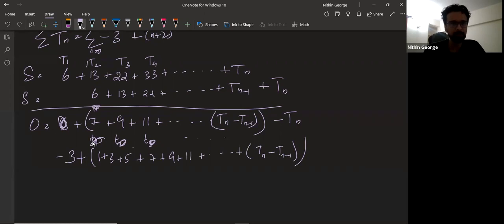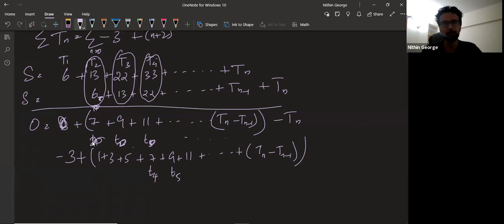Okay. So here you can see, from these two parts, I get the first term, I get the fourth term of the AP, right? From these two parts, I get T4. From T2, I get T4, think like that. From the T3 term, I get T5. From this T4 term, I get, are you following? T6. The sixth term of this AP, where this is T1, this is T2, and this is T3. Okay. Now, Varun, are you with me here?